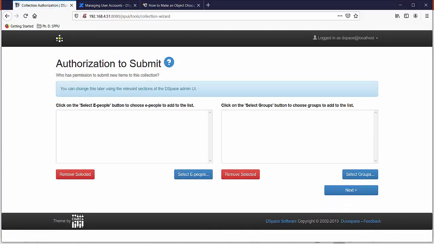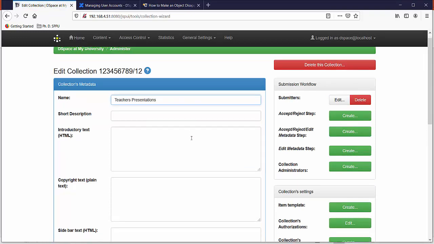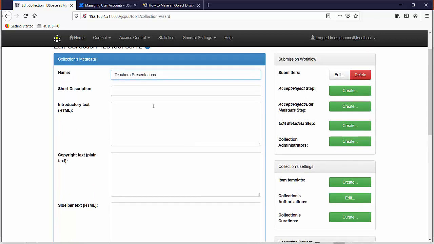We will see how to authorize e-people to submit to this collection, but we will see that step later on. Just click on the next button. Now this form is appearing, name, short description.